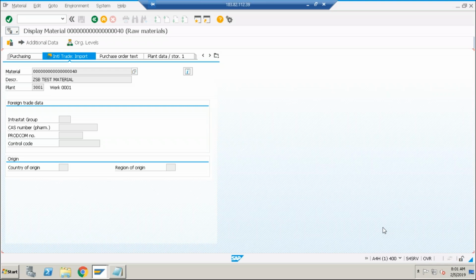If you use the same name, then based on the material name or the description, it is not possible for anyone to know what kind of product it is, what kind of license is required, what kind of documentation is required in order to export or import, or what kind of tariff or tax is applicable. We don't know. So that is why the customs authorities made it mandatory to assign the respective code to each material